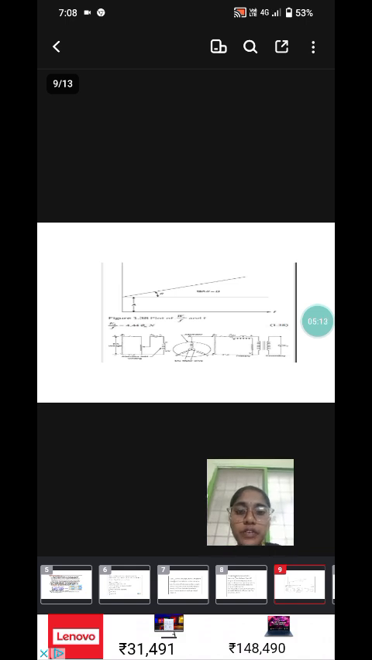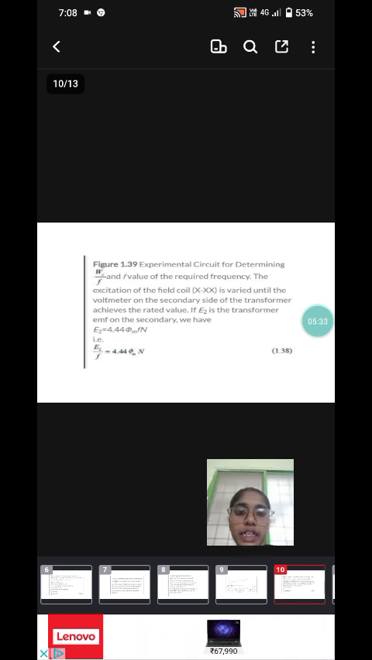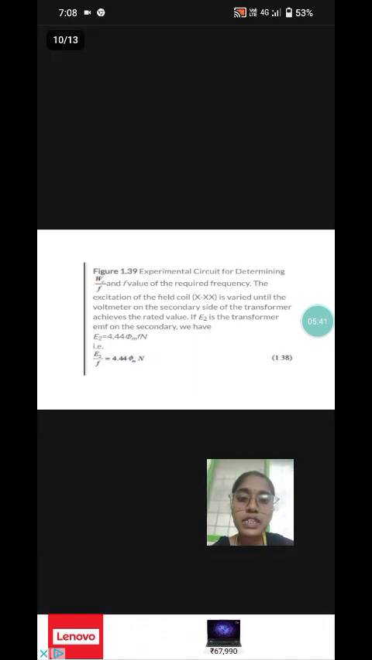This is the circuit diagram of the separation of losses test, the experimental circuit for determining Wc by F and F at the required frequency. The excitation of the field coils is varied until the voltmeter on the secondary side of the transformer reaches the rated value. If E2 is the transformer EMF on the secondary,